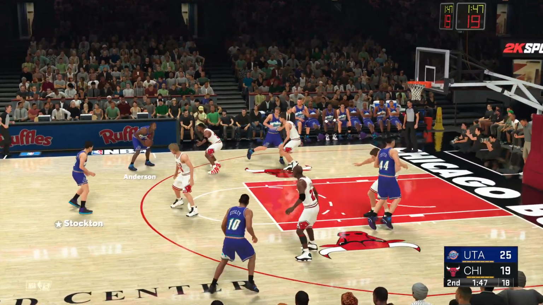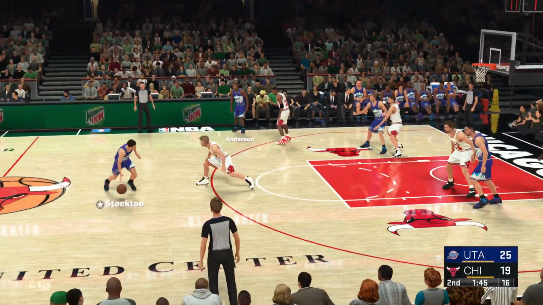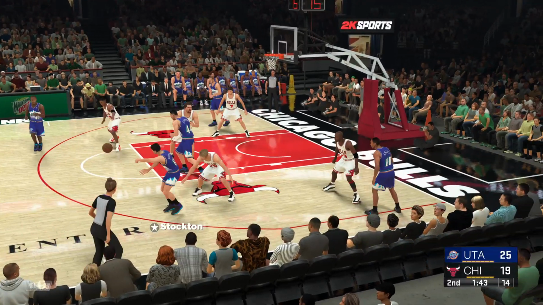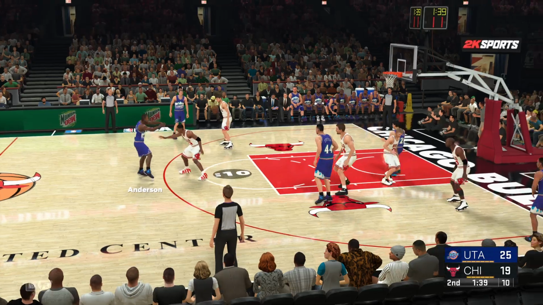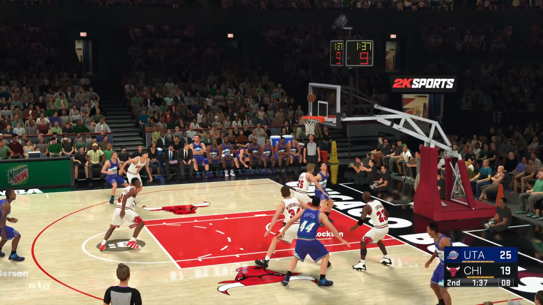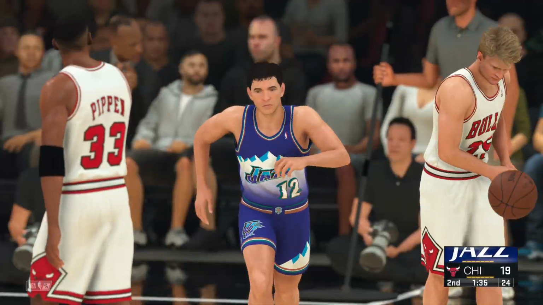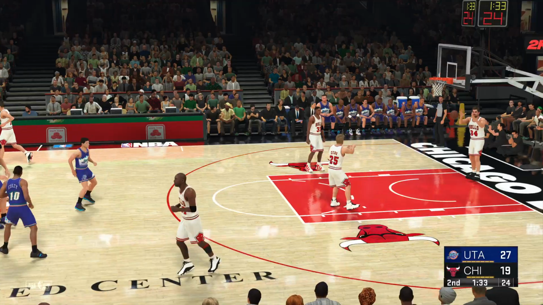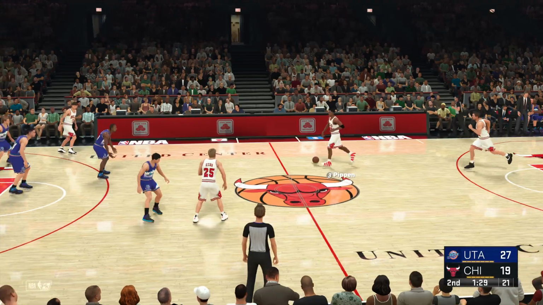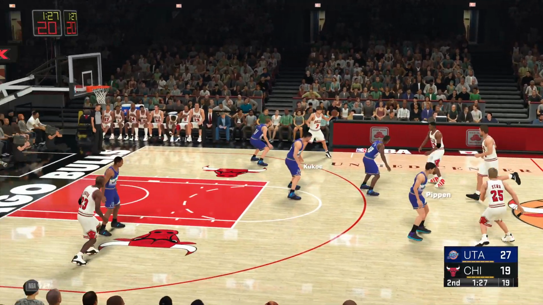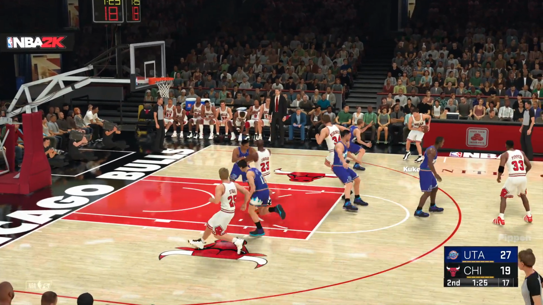Anderson outside. Kerr against Stockton. To the middle. And he makes good on the layup. Stockton's got his second bucket of the game. And they've repeatedly broke inside in the first half, guys, and it's paid off.